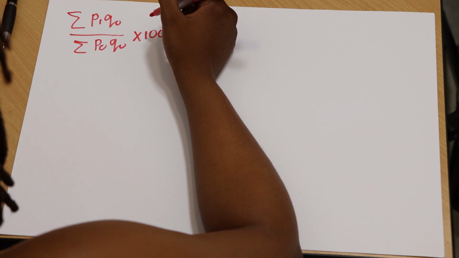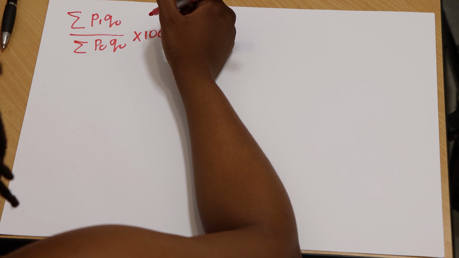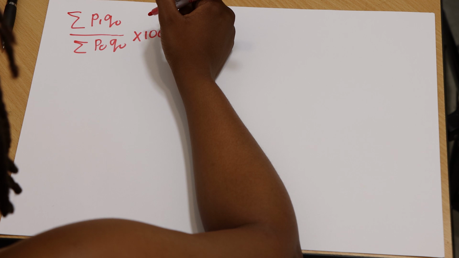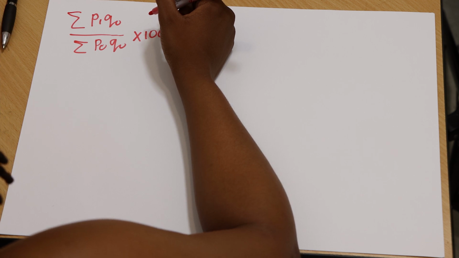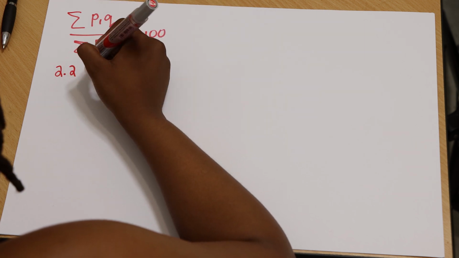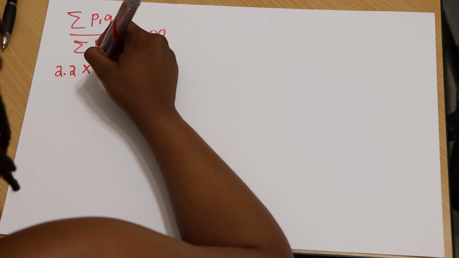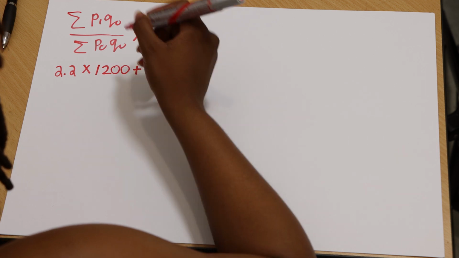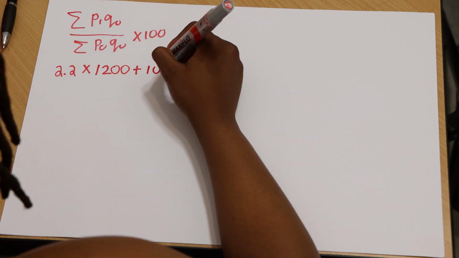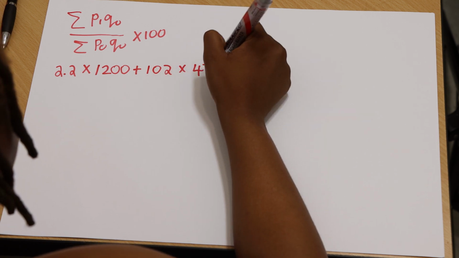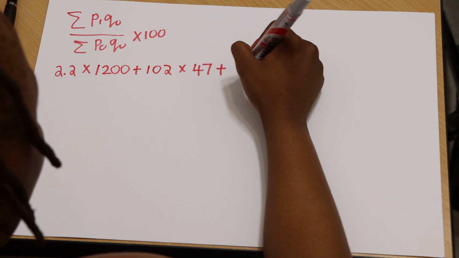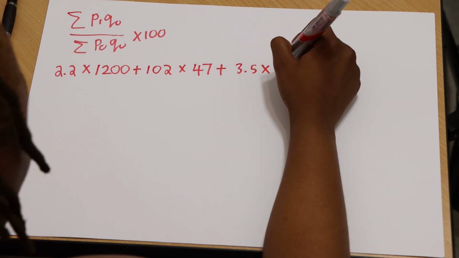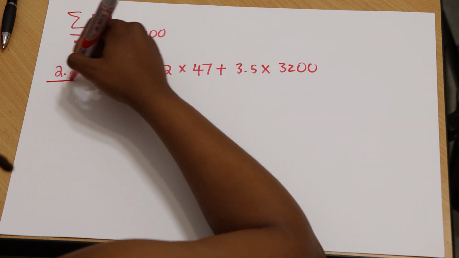Okay, so for the sum of P1 Q0, you're going to multiply the contents on the third column after the goods and the column next to it, the second column in 2020, right? Because that is P1 Q0. So it would be 2.2 multiplied by 1,200 plus 102 times 47 plus 3.5 times 3,200, divided by